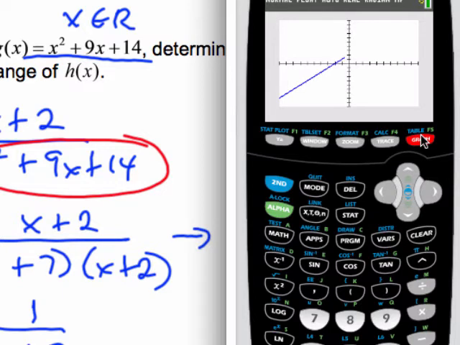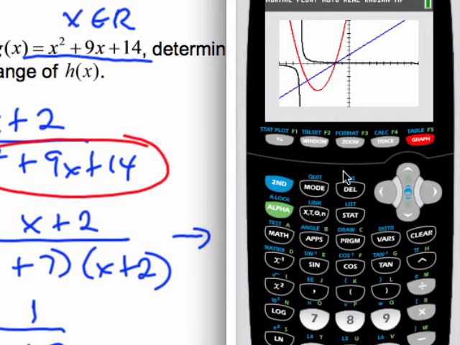So here's f of x, our line, g of x, our parabola, and now h of x, which is f divided by g. We're getting something more complex looking, which is often what happens. And so let's just look carefully and interpret what the calculator is giving us, because what it's giving us can be misleading. So first of all, the points we're really interested in is -7 and -2, because we know the